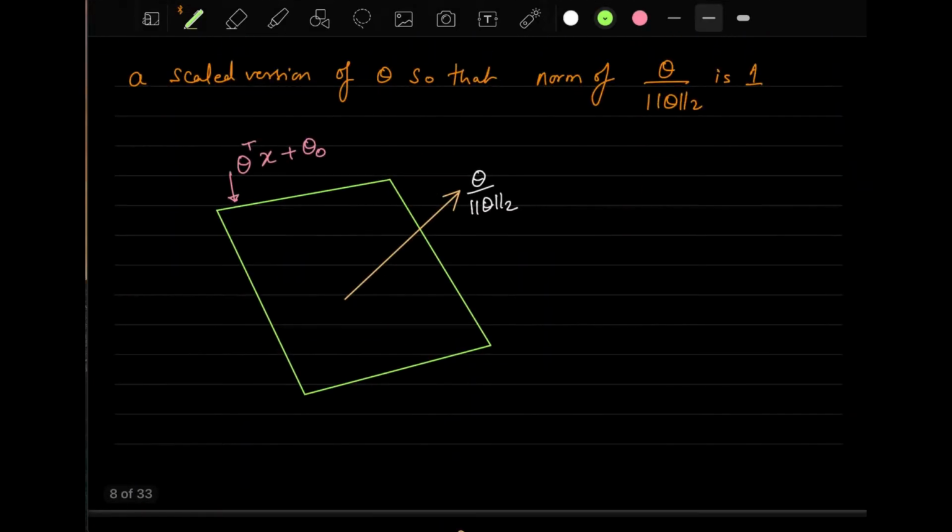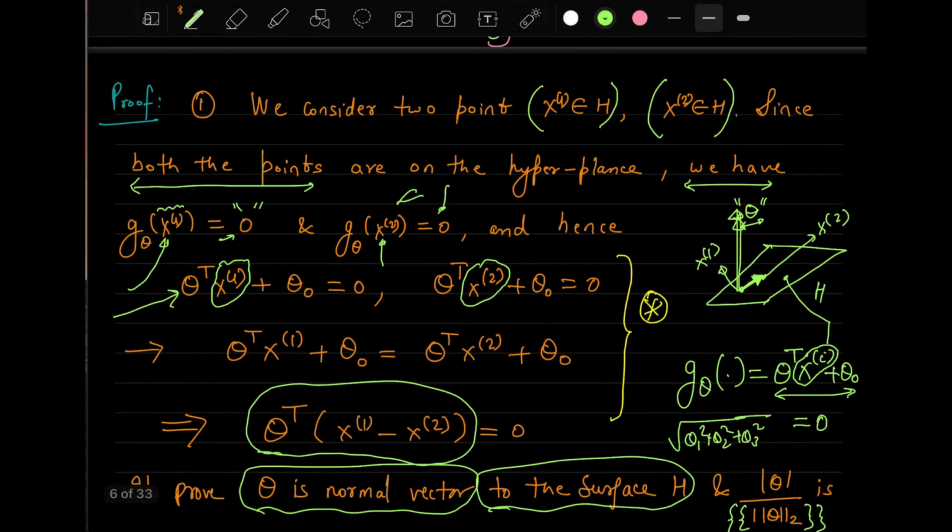Sir, I have one question. In the previous page, there was g(theta). I remember that was the plane, right? Yes, it's a hyperplane. So, sir, that theta transpose x plus theta 0, how did that come? This is coming from our earlier discussions. This is the same equation of the linear regression that we were doing last time, right? Yes. Oh, got it, got it.